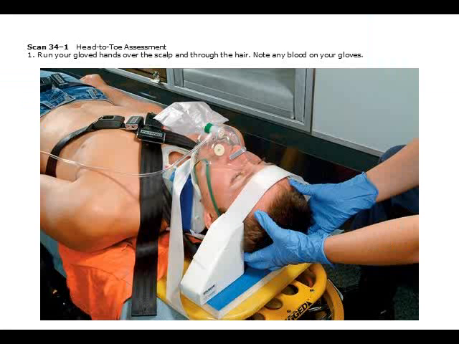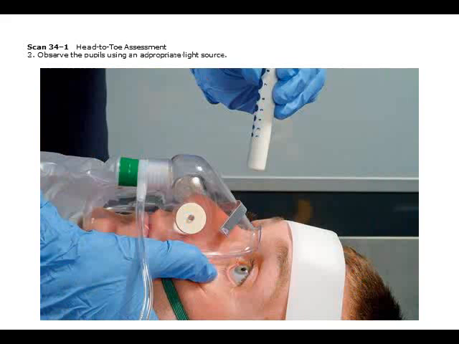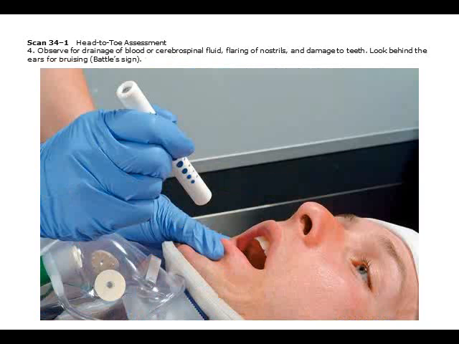So this is just kind of a quick reminder of how that whole thing works. We start with the head, run our fingers through the scalp, looking for blood on our gloves, feeling for anything that's out of place. Feel the orbits, palpate the face, the forehead, the jaw, the nose. Look in the eyes, check the pupils, look in the mouth, look for any drainage, any cerebrospinal fluid. We're going to look at the nose, look for any flaring in the nostrils, look for damaged teeth, look behind the ears for Battle's signs,